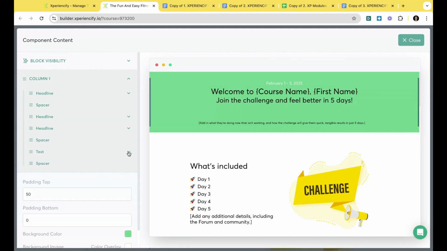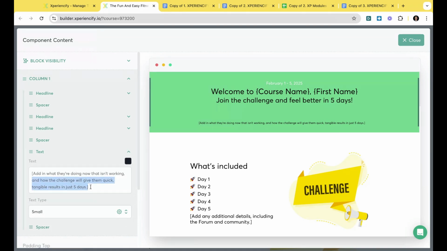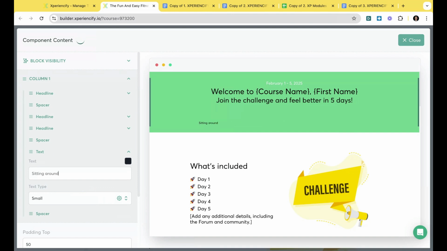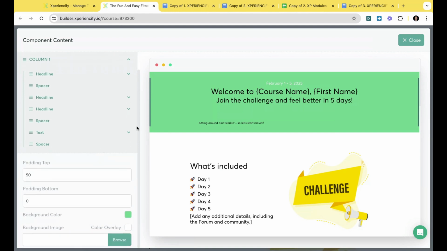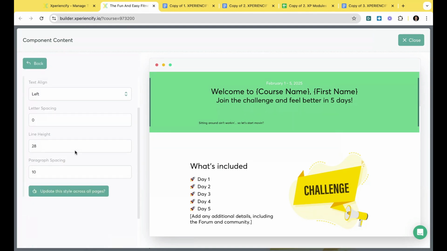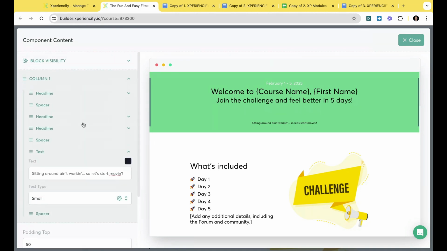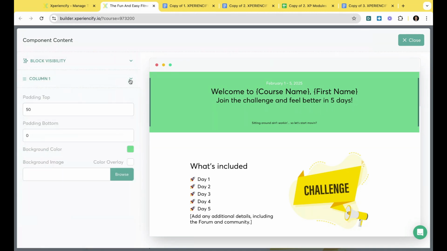And then the last piece of text here, we've prompted you to say, sitting around ain't working. So let's start moving, right? And if we wanted to, let's align that to the center. You can see, so it's a very intuitive block editor. You can see how it's working.